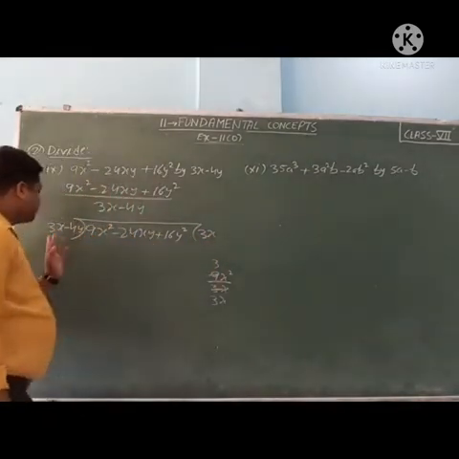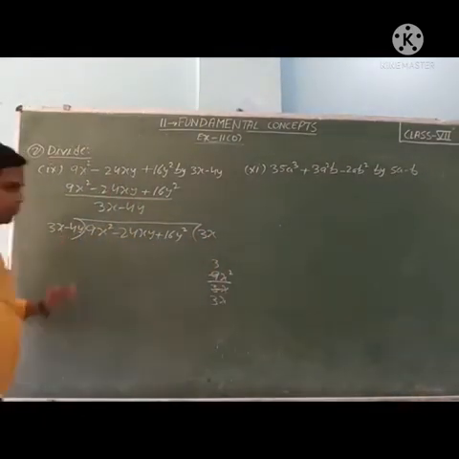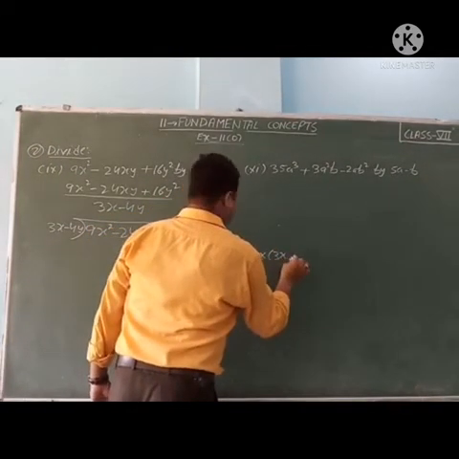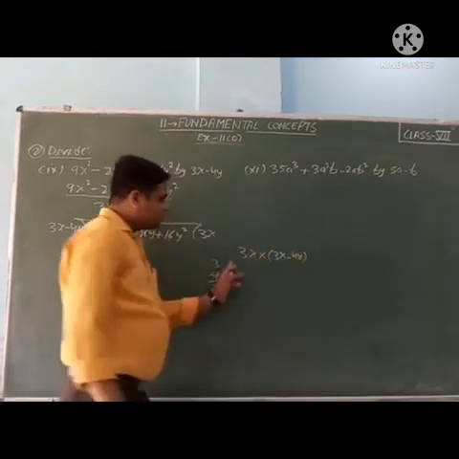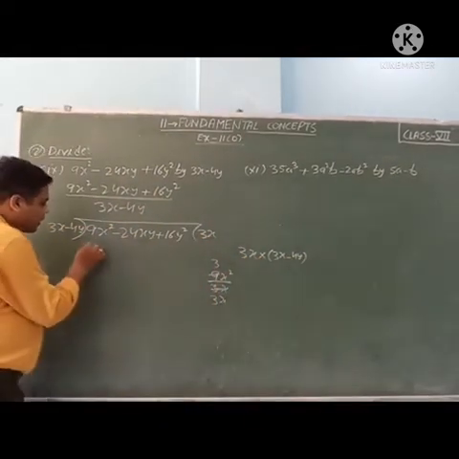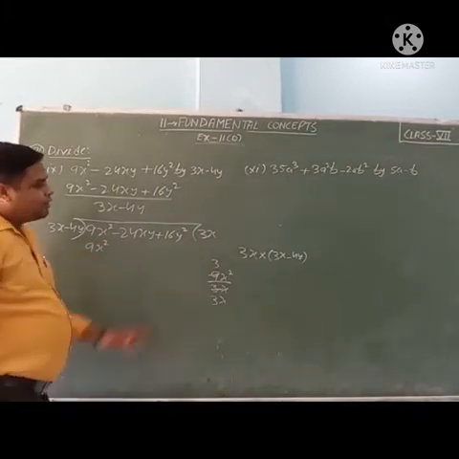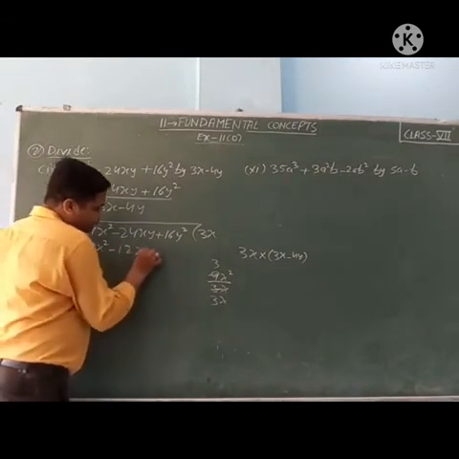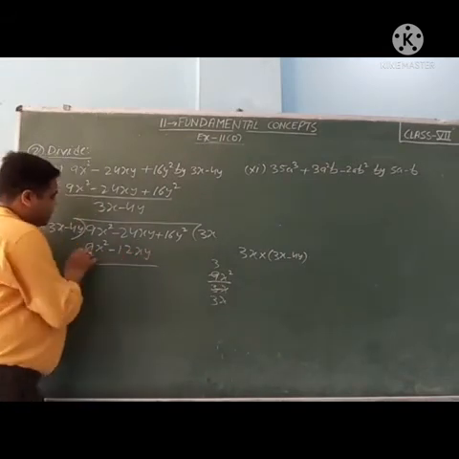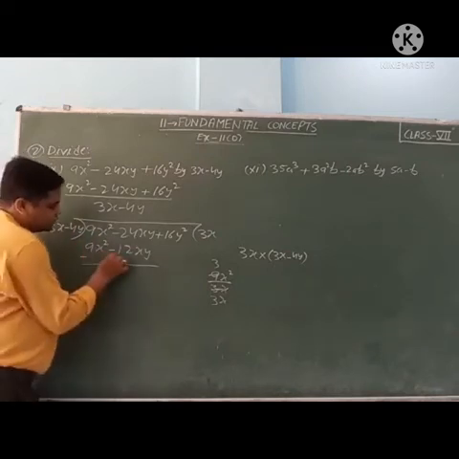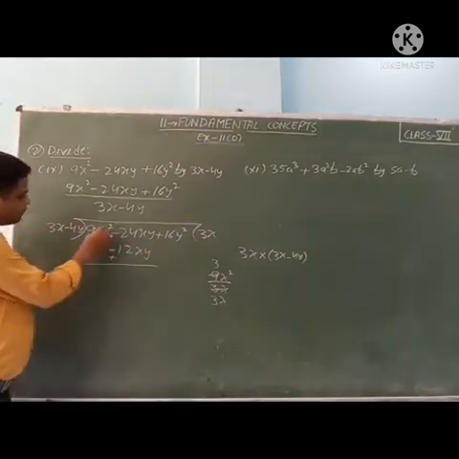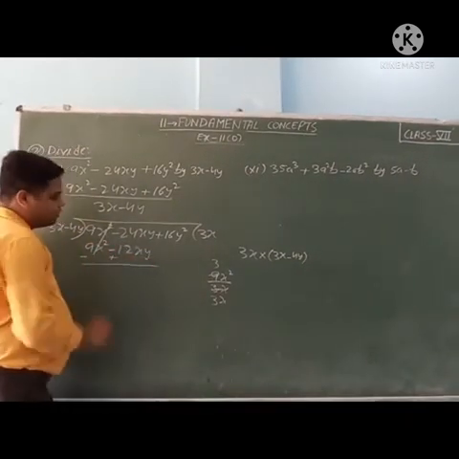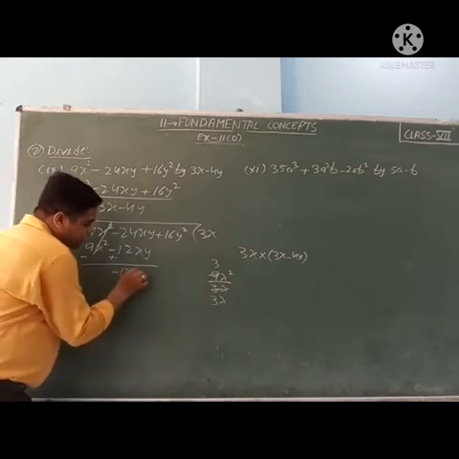So it means we have to multiply in both the terms. So 3x multiply 3x minus 4y. 3 times 3 is 9x square. Then plus minus minus, 3 times 4 is 12xy. Now subtraction: plus sign changes to minus, minus sign changes to plus. Then 9x square minus 9x square cancel. So minus 24xy plus 12xy will come minus 12xy.